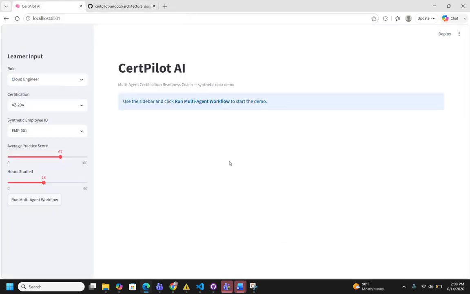So this is what the page looks like. For example, here I have the role. I'm selecting cloud engineer. Then I have the certification I want to see. I have the employee ID for the data saved. And this is the average practice score, and this is the hours I studied. If I run the multi-agent flow,